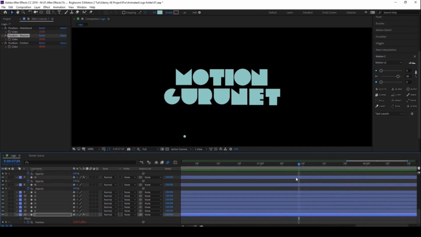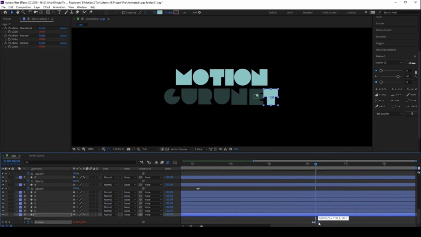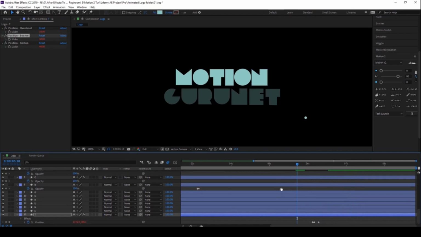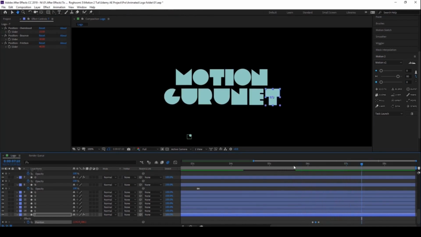So our animation is a little fast. We have to take the third keyframe 2 frames forward. Let me set the bounce to 30. Maybe it will be better. And now move the second keyframe 1 frame further. Yet it is a little fast, and to make it better, I have to move the third keyframe 1 frame